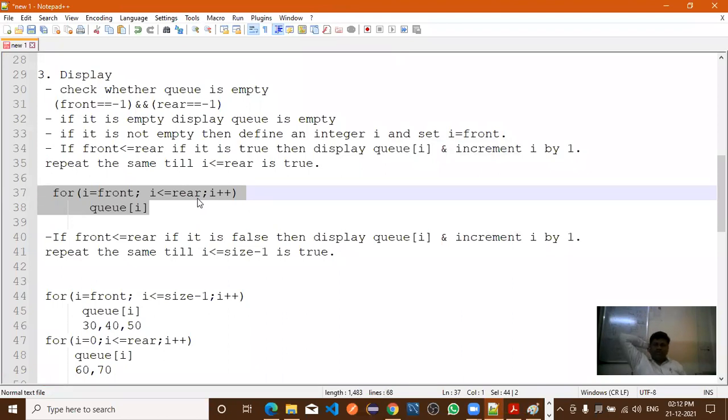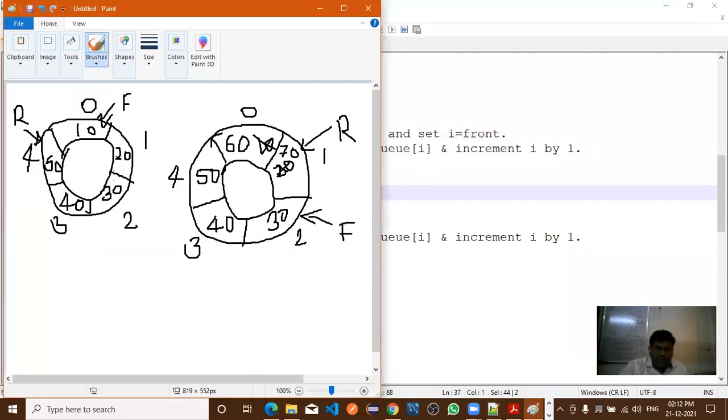Yes, sir. Again, suppose the value of F is 2 and the value of R is 4.